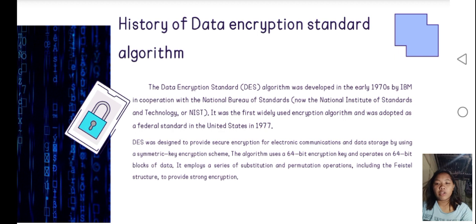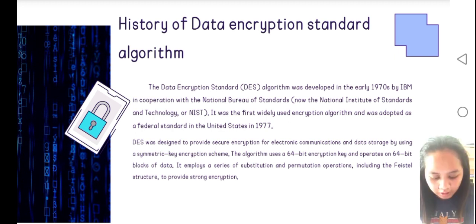It was the first widely used encryption algorithm and was adopted as a federal standard in the United States in 1977. DES was designed to provide secure encryption for electronic communications and data storage by using a symmetric key encryption